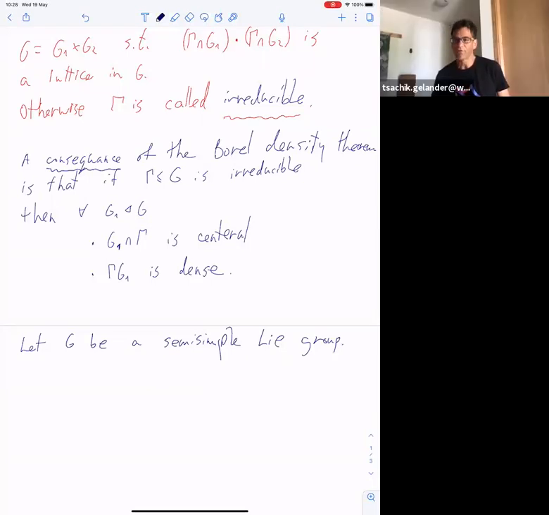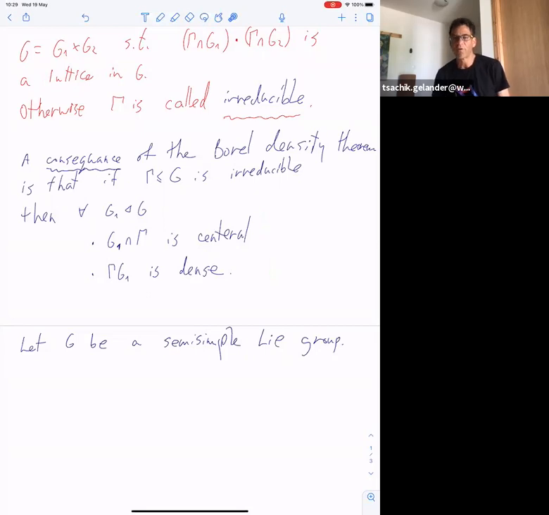So it's a consequence of it, it's not trivial. I mean, you have to prove it. It's not very hard, but since we didn't prove Borel density, I will not explain this now. I just wanted to explain a bit the definition. I think maybe we'll dedicate one lecture to Borel density and its application. So this is one of the applications, but this is described very well in Raghunathan's book.